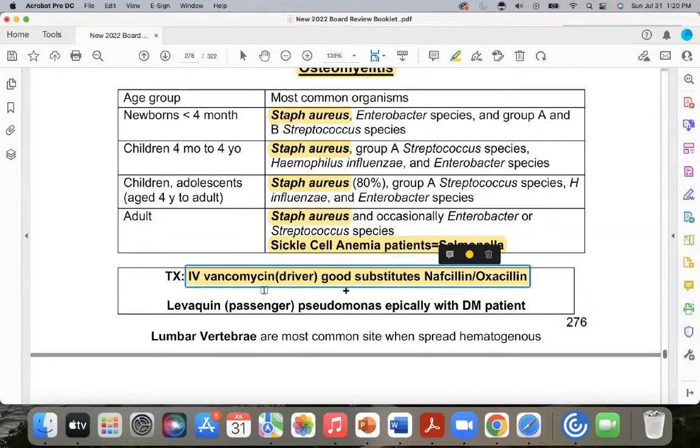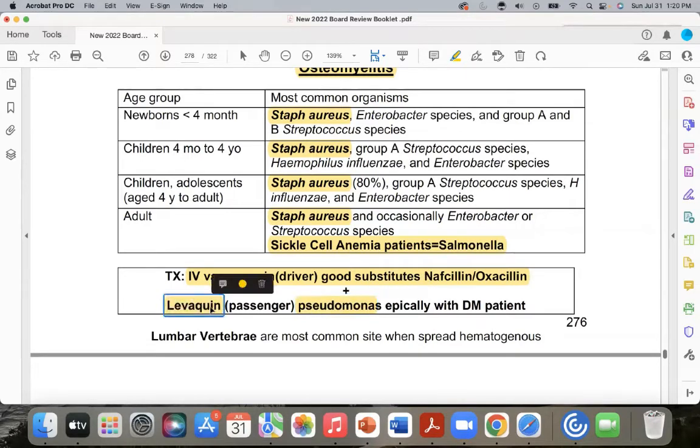And then what we'll do is, if they're diabetic, we know that diabetics can grow Pseudomonas really well. That's what we know, the diabetics. So what we'll do is add the fluoroquinolone. But one more time, that diabetic patient with the foot ulcer, what's he still growing, guys? Mostly that. But what's in the back seat?